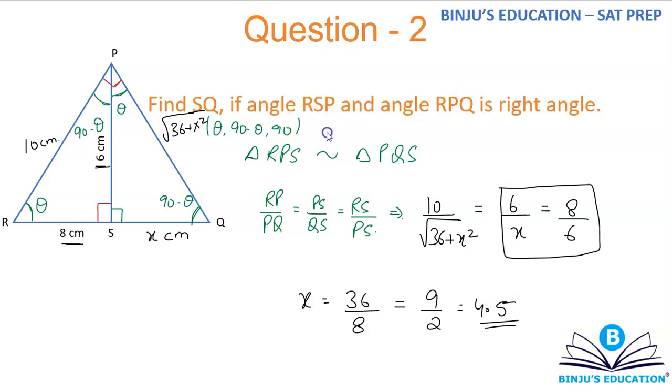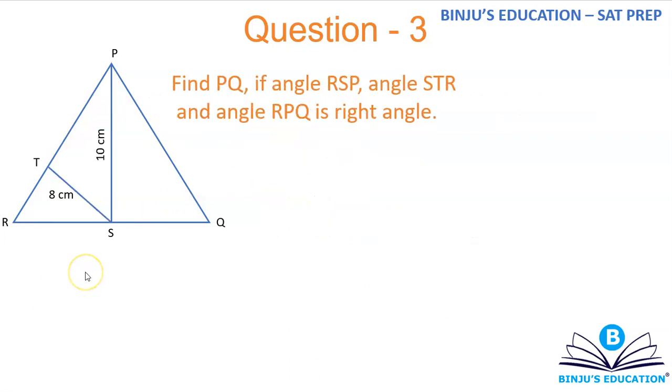Now in this we used AAA similarity. Or let me write 3 A's. In the previous one we used SAS similarity. Okay, so this is basically the types of question that you can expect in the exam using similarity of triangles. Okay, now let's try one more. Alright, so this is question number 3. So follow the same drill. Pause the video, try the question yourself, then play it back in order to understand how to solve the question.